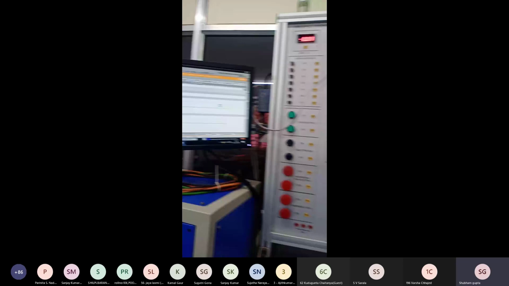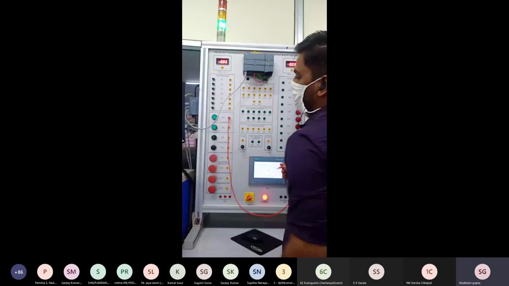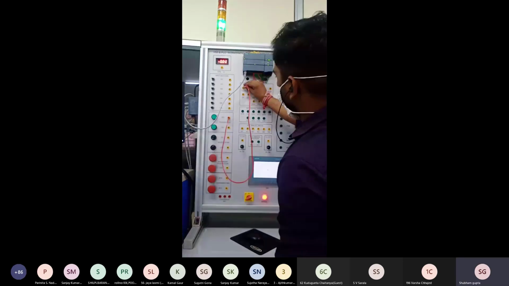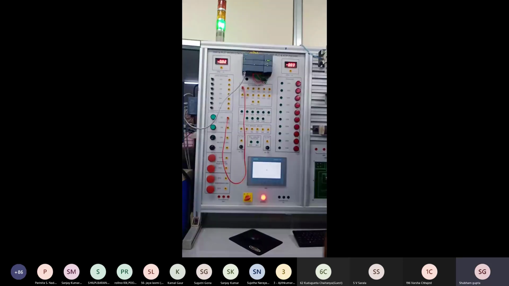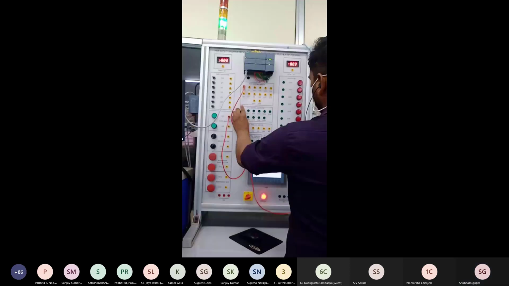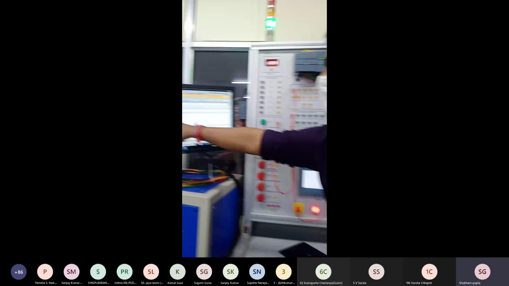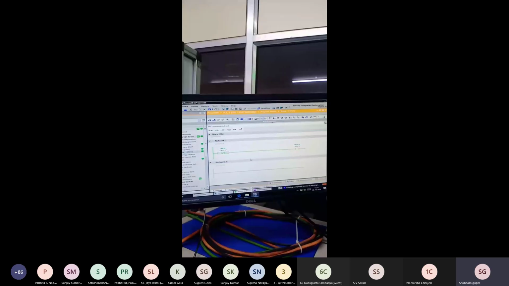We use the same connection for that, and this time we are using a push button for input and an LED for output. In a normal condition, the NC switch is directly connected with Q0.0, directly connected with the output.